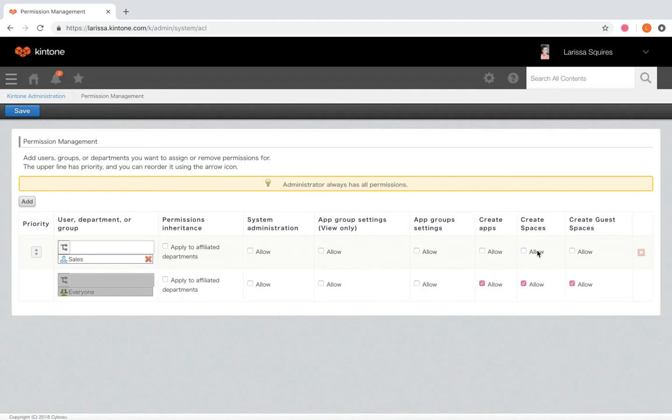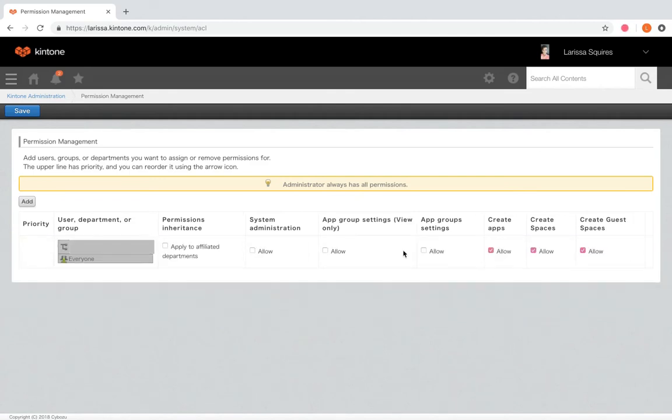And then to delete a permission row, you'll just click this little X here to the right and select delete. And then once you're all set,